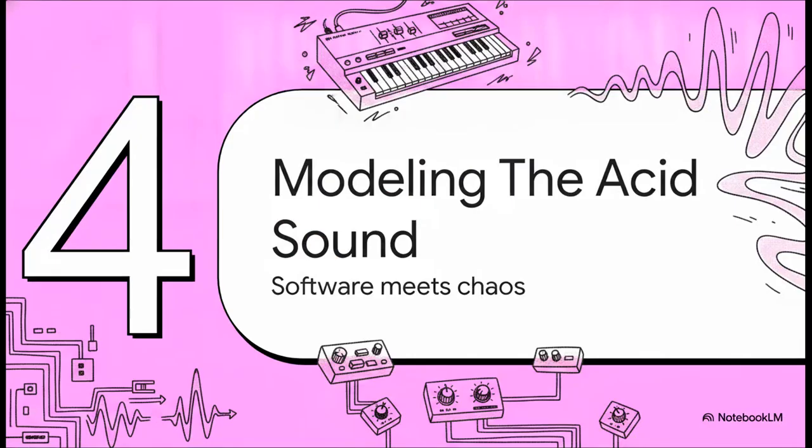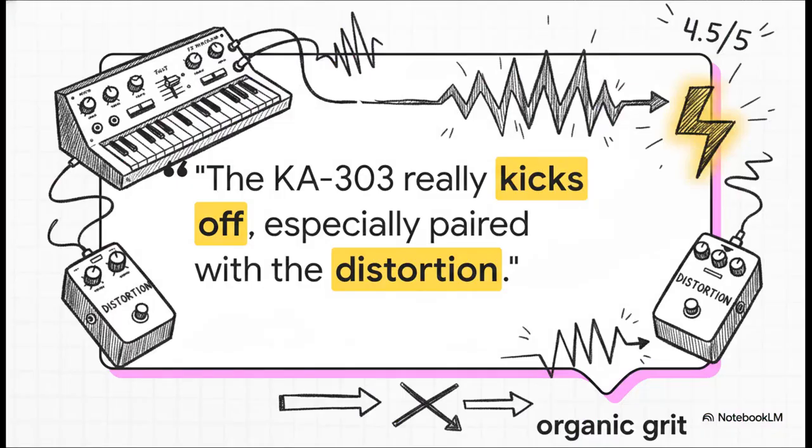Section 4. Modeling the acid sound. This brings us to the K303 software synthesizer. It's a discrete-time digital tool built entirely to recreate the gloriously unpredictable chaos of the legendary physical TB303 instrument, the exact sound that defined acid house. And this isn't just abstract theory anymore. The software succeeds so brilliantly at creating an authentic, gritty, analog feel that it pulls incredible praise from music critics, earning reviews that highlight how perfectly the digital code captures that aggressive hardware kick.